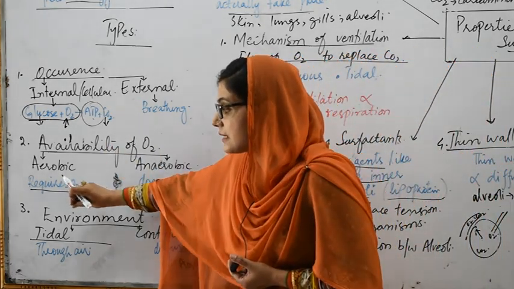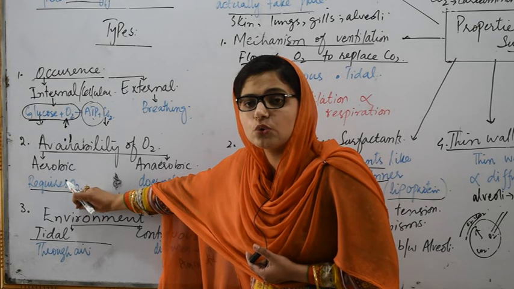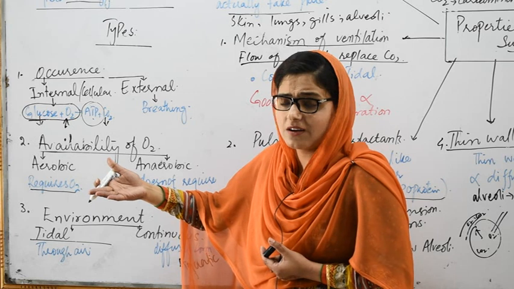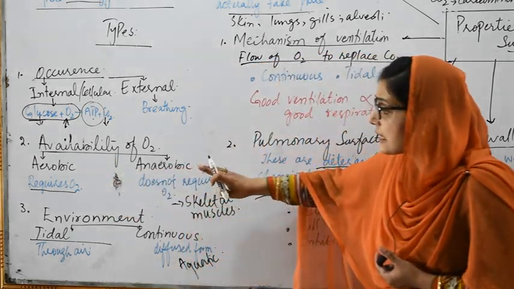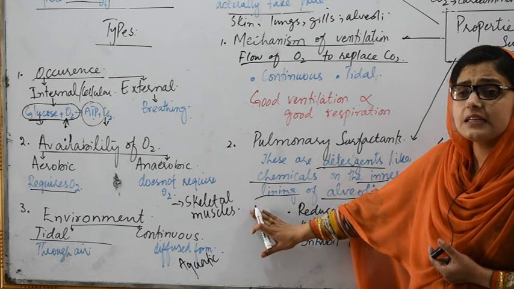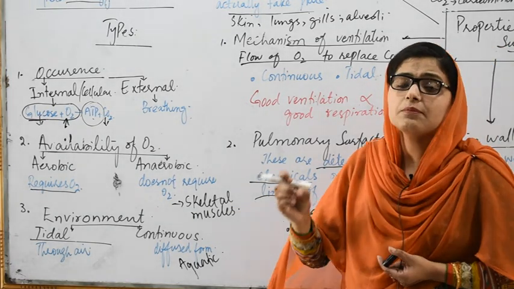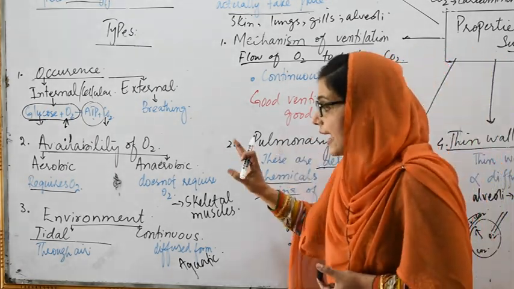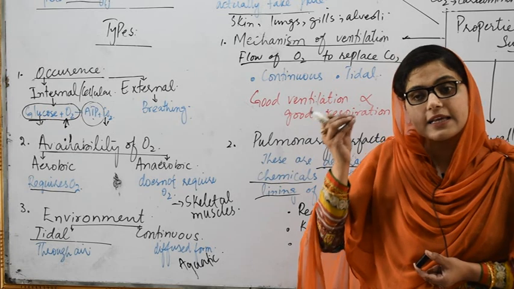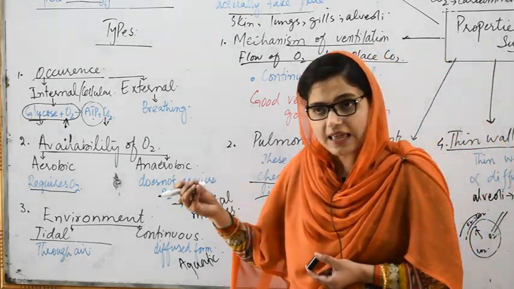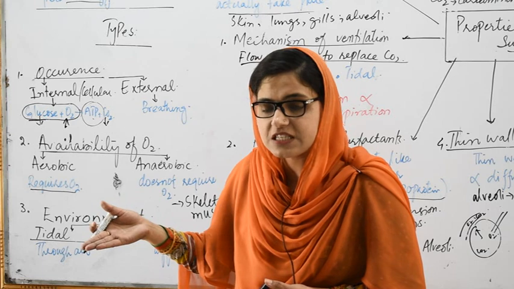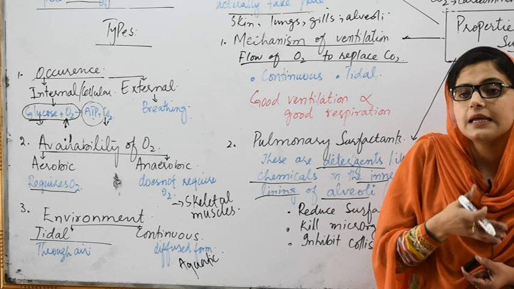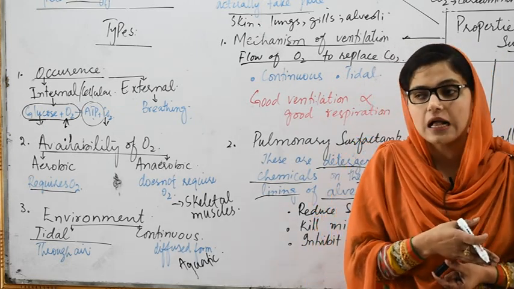If the organism requires oxygen for the breakdown of glucose, then it is called aerobic respiration, and almost all the eukaryotes on the earth are aerobes. While in the case of anaerobic respiration, it does not require oxygen, and many of the prokaryotes carry out this process. Okay, so in anaerobic respiration, glucose is broken down by a process, glycolysis, as you have read in chapter 4 in first year, and then that will be broken down further into either lactic acid or into ethanol and carbon dioxide